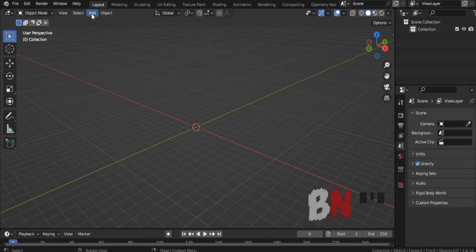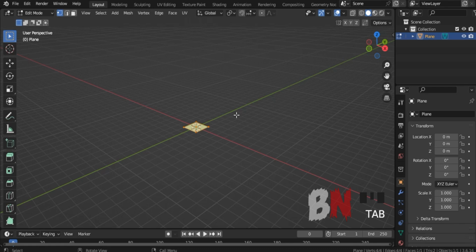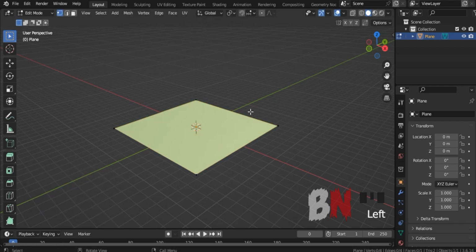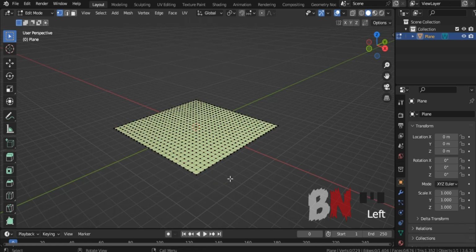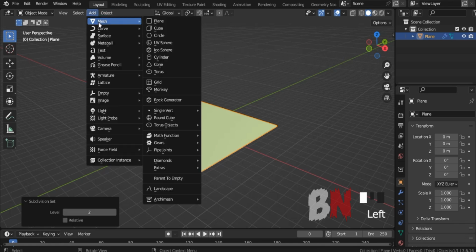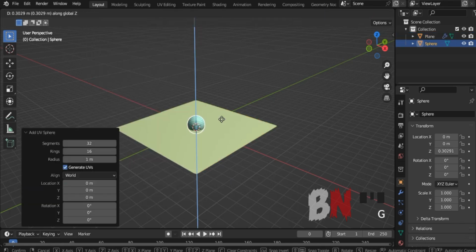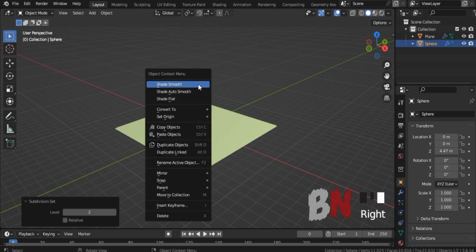First, go to Add and go to Mesh and add a plane and go to Edit Mode and scale it, and then right-click, Subdivide, and set the number of subdivides to 25, and then return to Object Mode. After that, add a UV sphere and press Ctrl 2 to apply a subdivision surface modifier to it, and shade